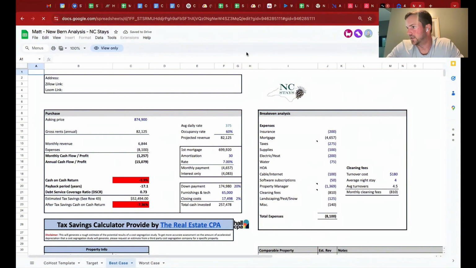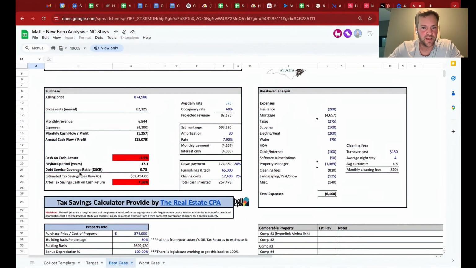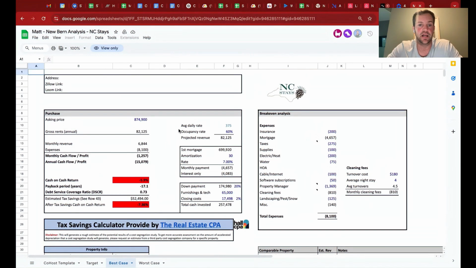Make sure you guys can see this. So in this case, I put an analysis together for the guy who called me about what the cash flow would look like if I managed the property and if he bought it. Right. And I said kind of the best case he could do, just based on everything that I'm seeing, and I gave him a very conservative best case of 82,000 because it is a smaller property and it's not as close to downtown. Right. So, but if this property could bring in that 471 a night,